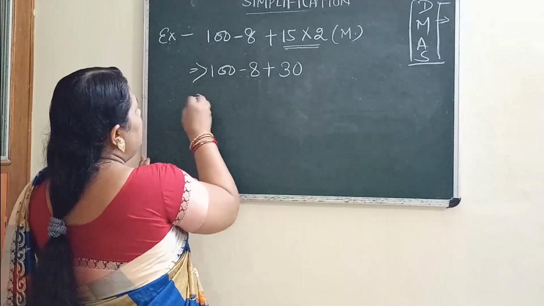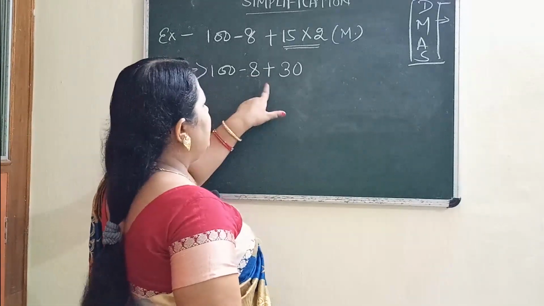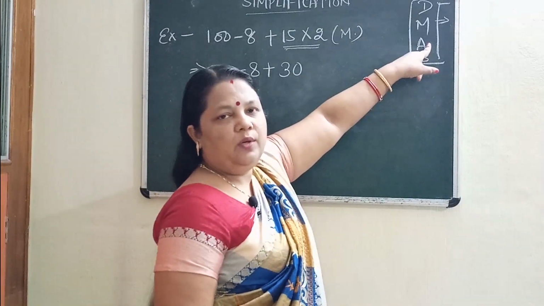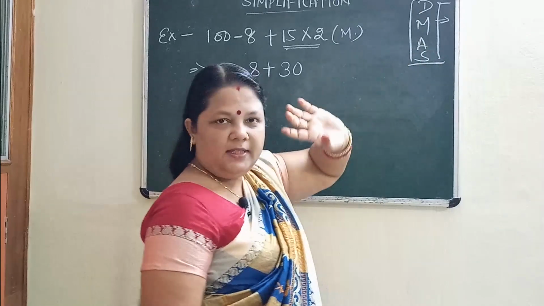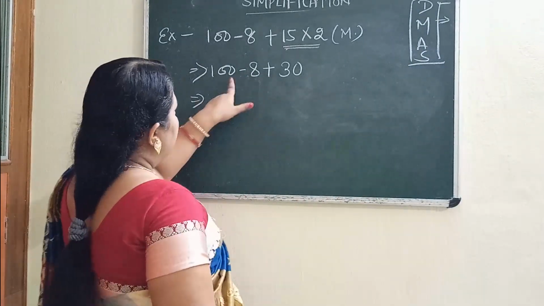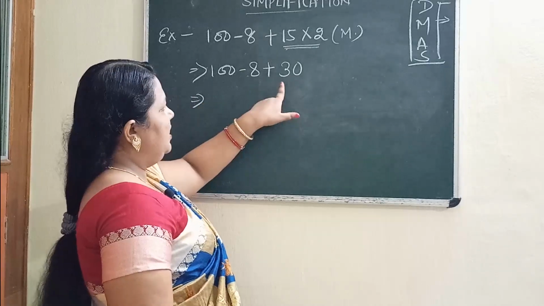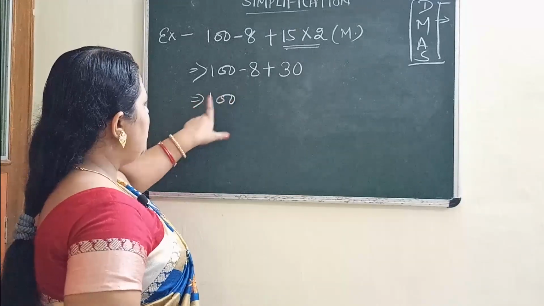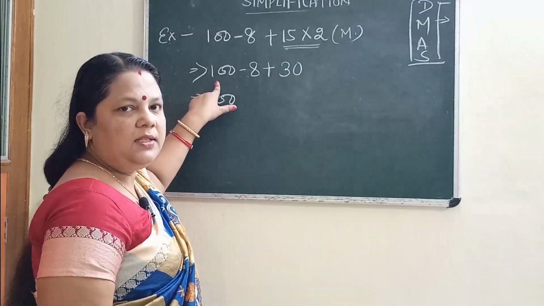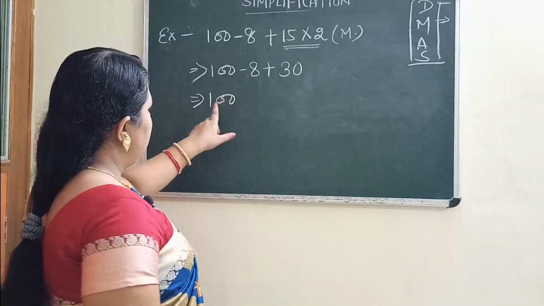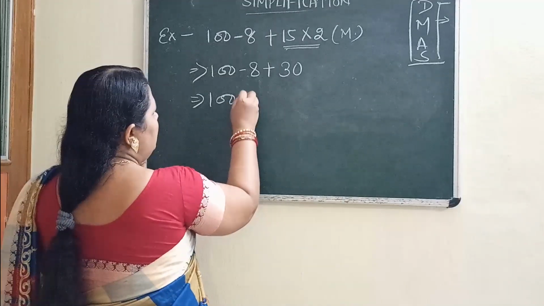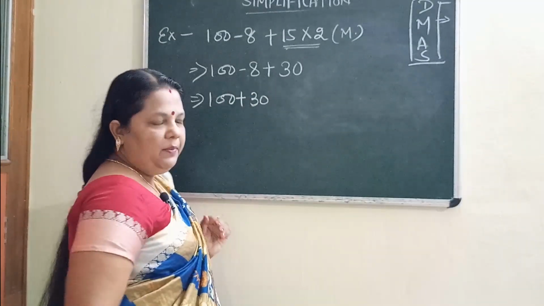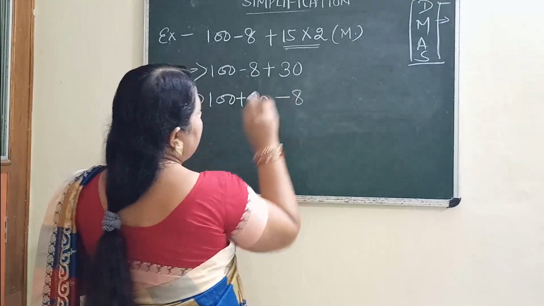Okay, then come to next step. How many operations are there now? One is subtraction, one is addition. So according to rule we have to follow addition first. After multiplication, addition is coming. So we will add first. First it is given subtraction, then addition. So first you will write this 100. No symbol written means this is a positive number. Means 100 is plus. So this plus will come near 100. Both the positive numbers you have written in one place, and keep this minus separate.